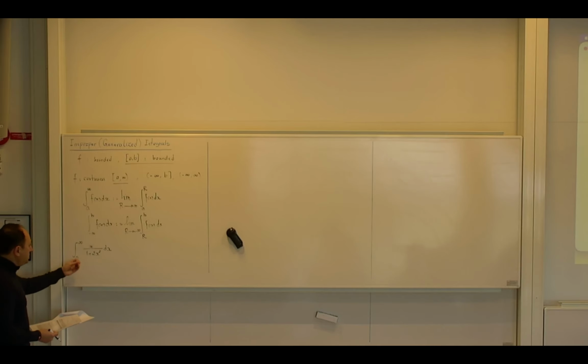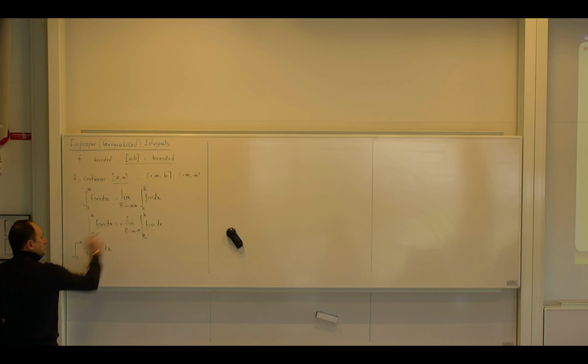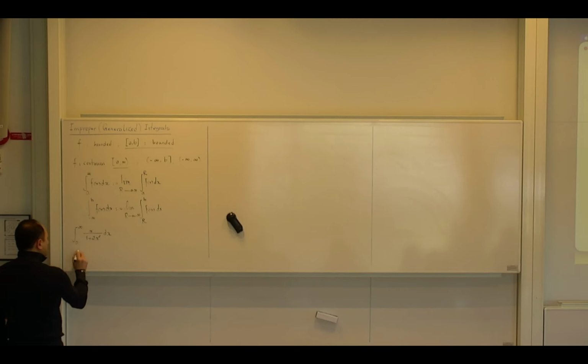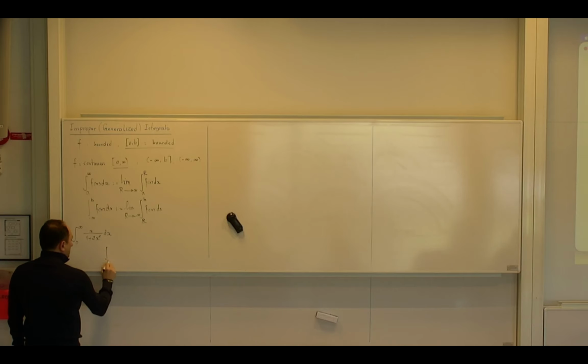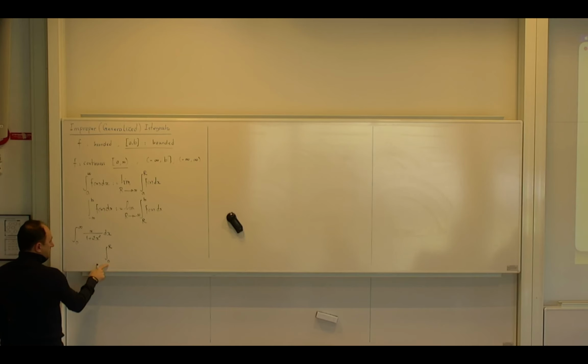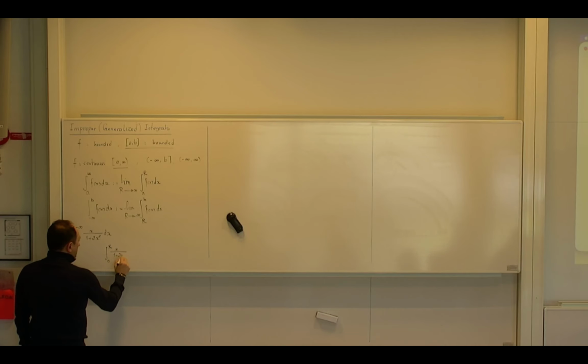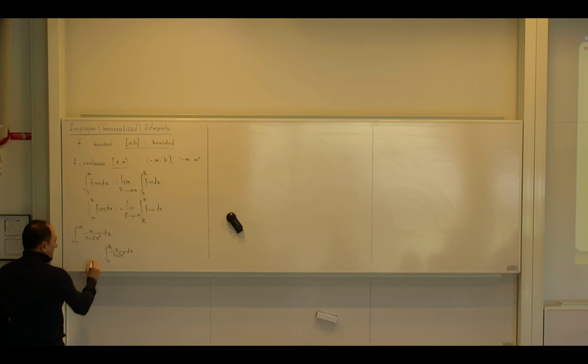First of all, you immediately realize this is an improper integral. How? Because I see that I have infinity in one of these limits. And this is a first type improper integral, yes? So if I want to answer this question, I have to use the definition. So what I will do, first of all, I will construct a function in which infinity is replaced by r. So I will consider the integral from 0 to r. So 0 is the same, but I replace infinity with r. And then x divided by 1 plus 2x squared dx. This is the way I usually do that.